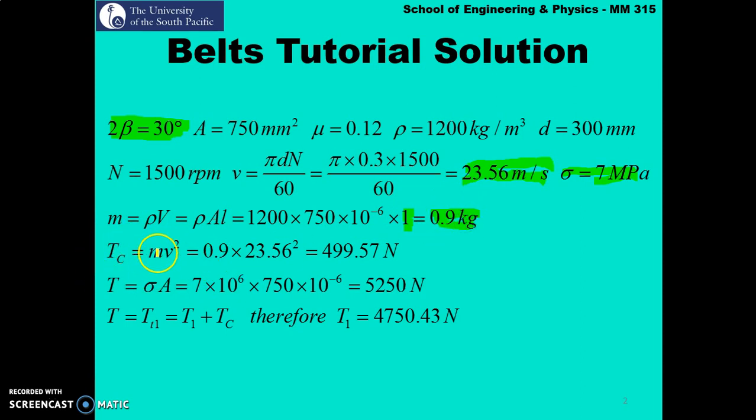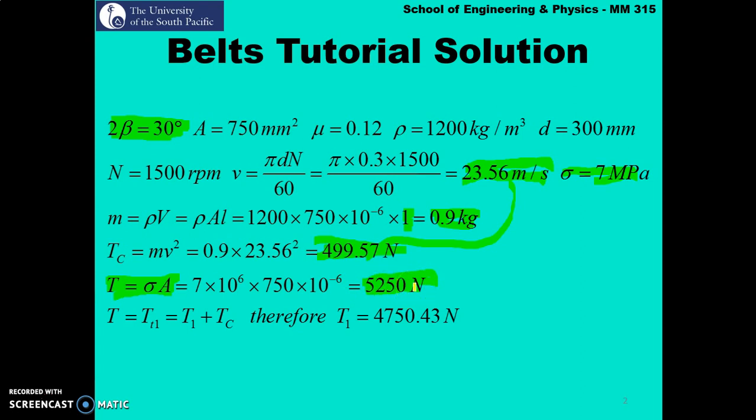The centrifugal tension is given as m v squared. Mass is 0.9. The linear velocity we had already calculated as 23.56. Substituting it over here, we get our centrifugal tension to be 499.57 Newton. The maximum tension is simply given as sigma times the cross-sectional area. Your stress was given as 7 megapascal. The cross-sectional area is 750 mm squared, converting it to meters. So we get our maximum tension in the belt to be